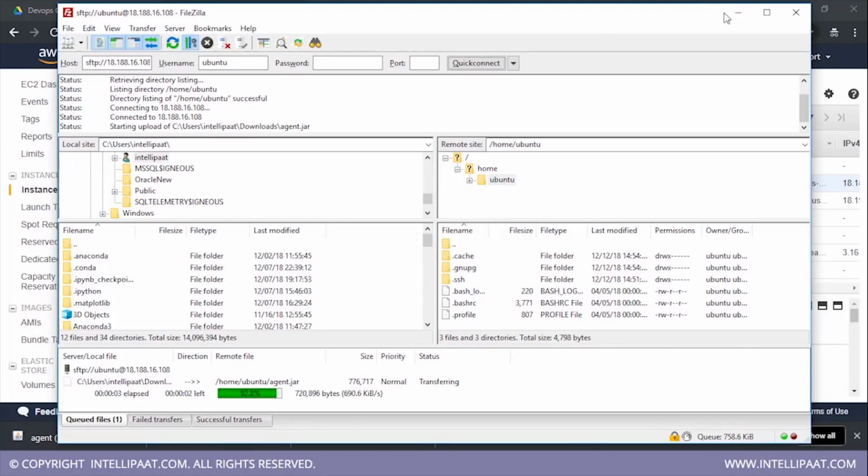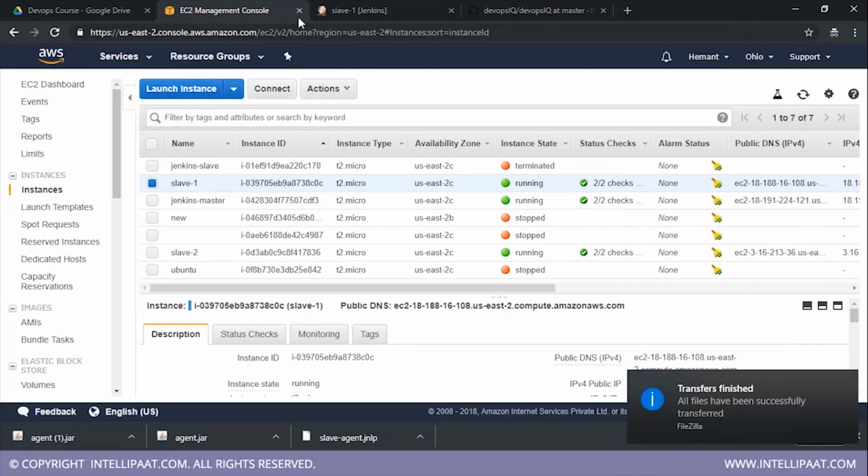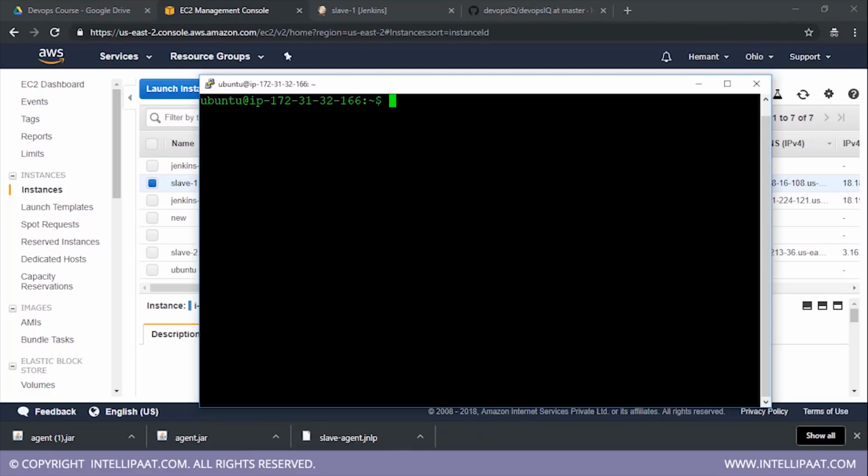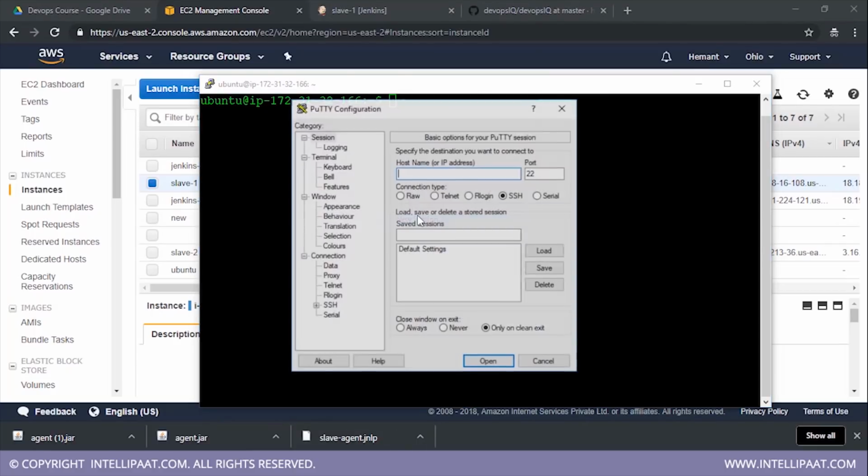Okay, so let us also verify whether our slave 1 has been copied or not. So let us connect to our slave 1. We'll connect to it using this IP address. Let us go to PuTTY, click on new session, connect to slave 1,